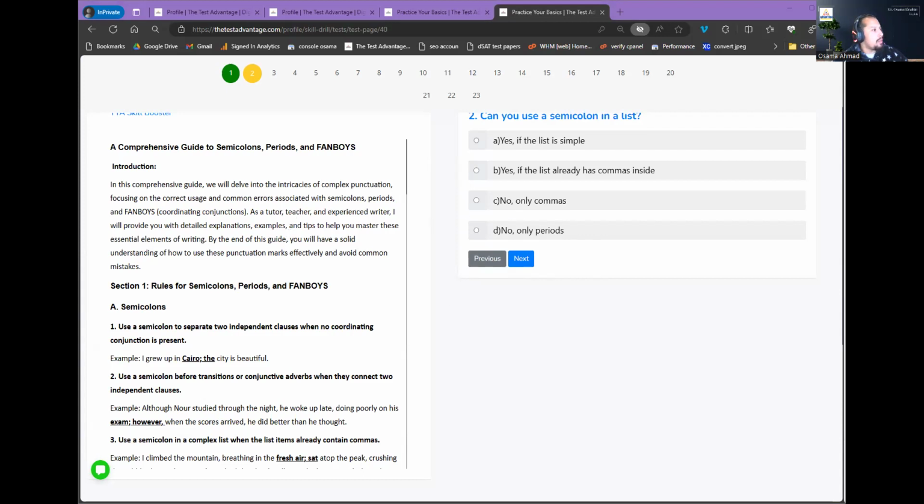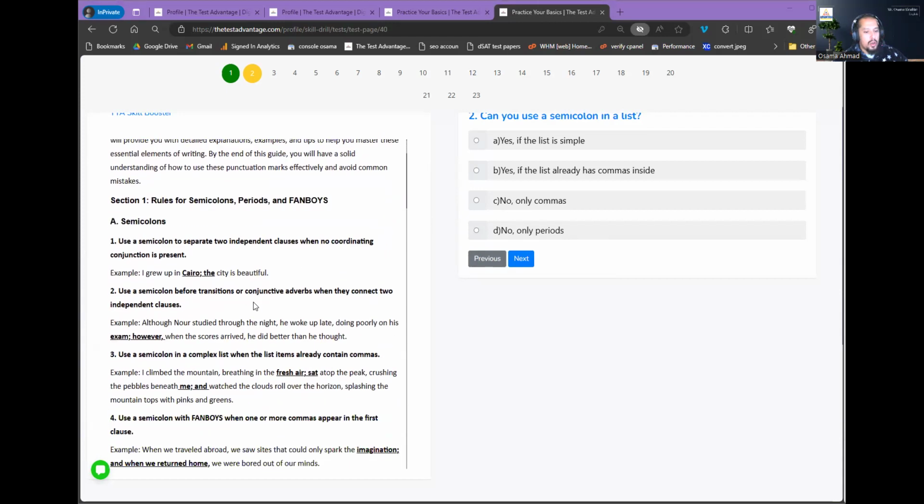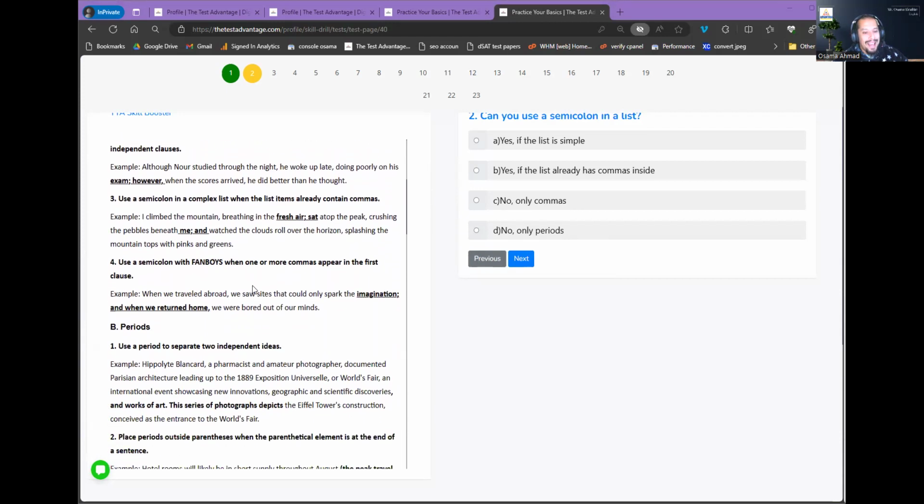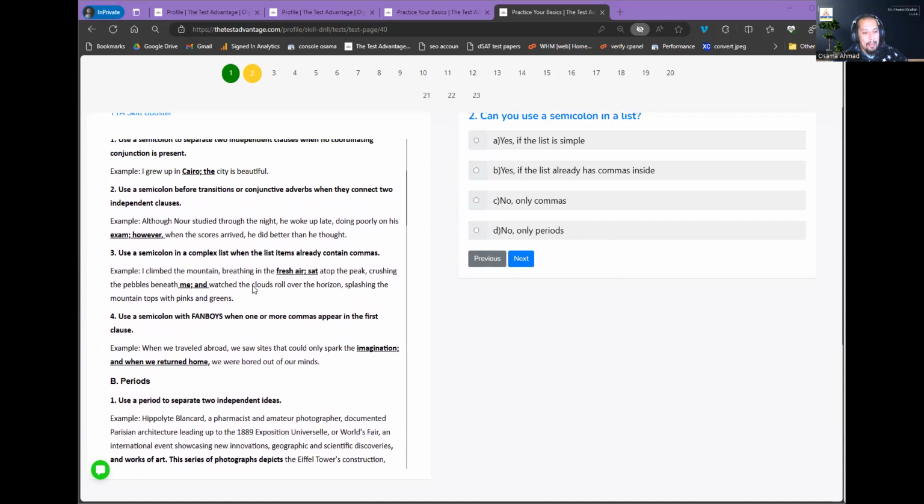Now, I want you to remember, Mr. Carlos, that we can use a semicolon in a list. If the semicolon is there, it's complex. What do I mean by this? In the list itself, this example: I climbed the mountain breathing in the fresh air; sat atop the peak, crushing the pebbles beneath me; and